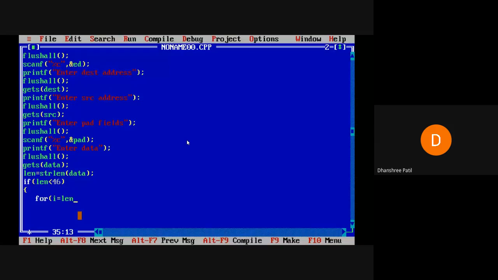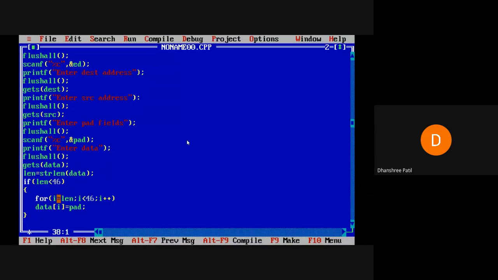Okay, so i is equal to length, up to i is less than 46, i plus plus. याच्यासाठी मी काय करेन, data should be 5 bits. So it will replace, or it will add the extra pad in your original data.